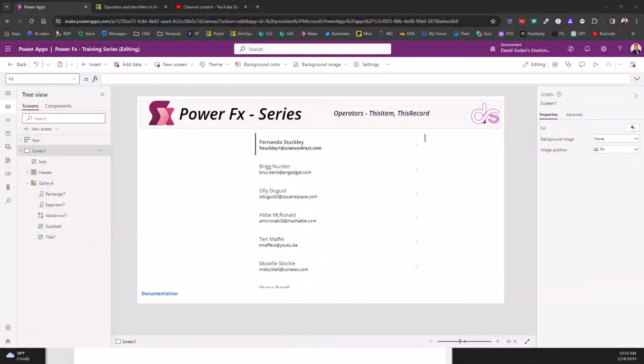Alright guys, in this video we're going to cover this item and this record, and these are the last operators within the documentation, and then we'll move back into dealing with the remaining functions that's inside the documentation. So, just like the previous video where we talked about self and parent, there is a hierarchy to